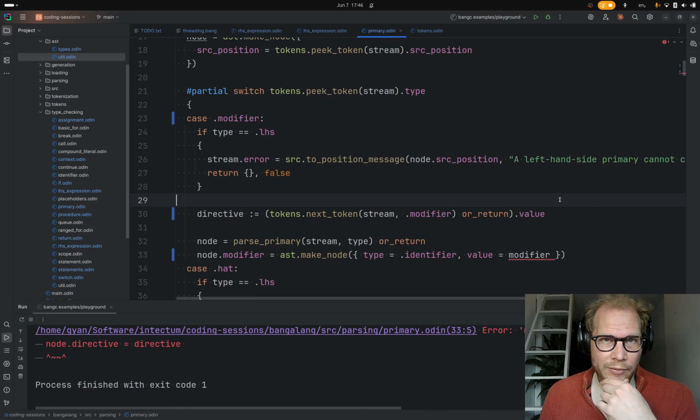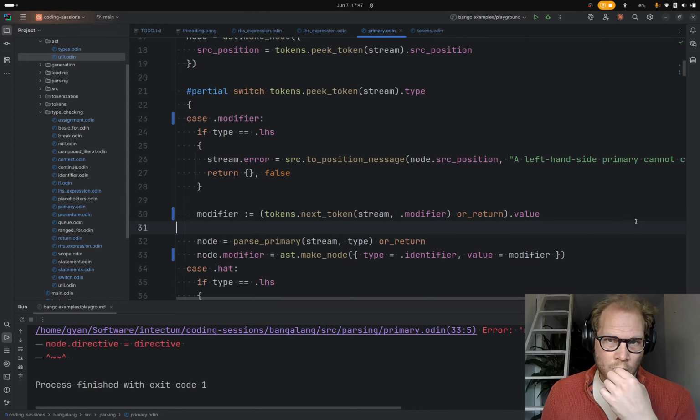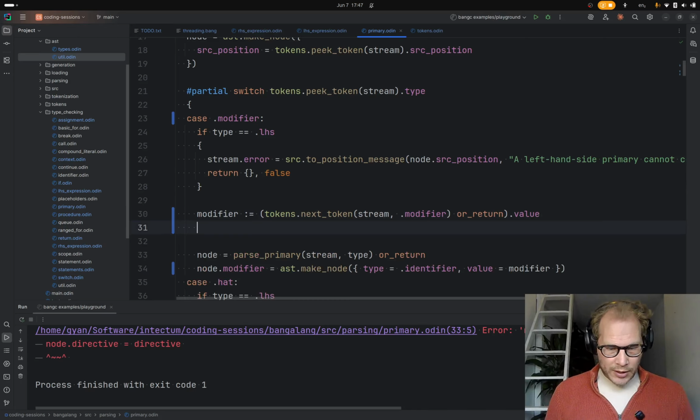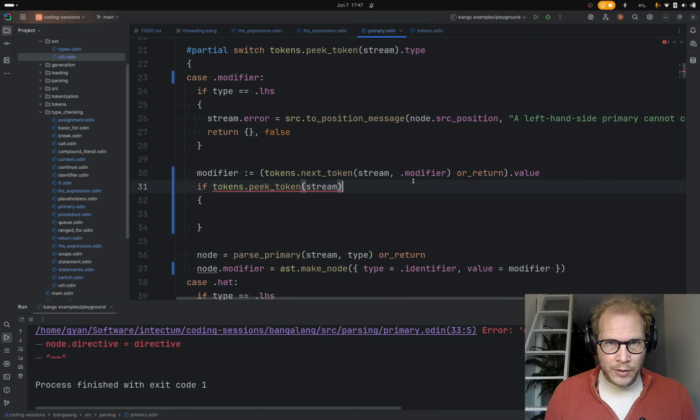But I just realized if we come across a modifier, the extra thing that we have in parsing now, or is there somewhere else in parsing where they can show up? Because now we can say if tokens.peek token in the stream has a type of equals.